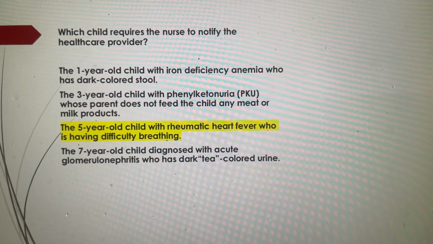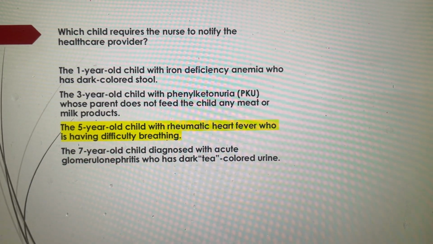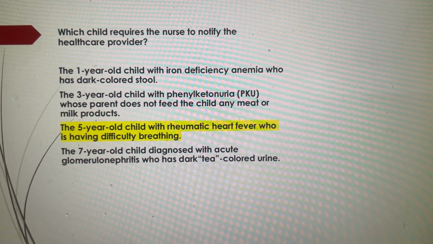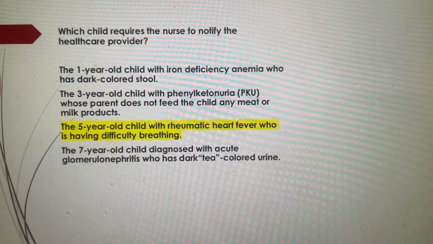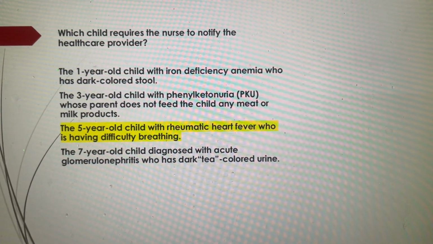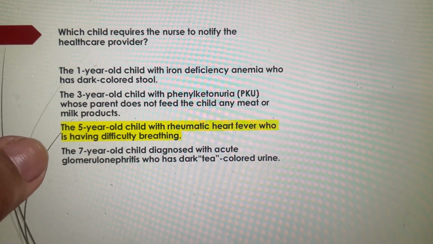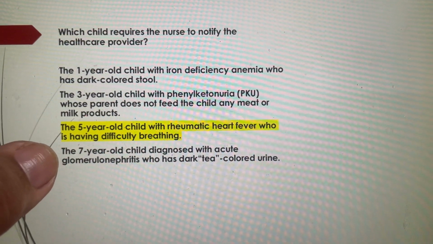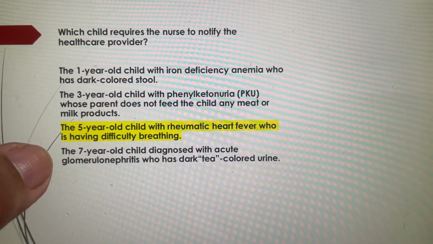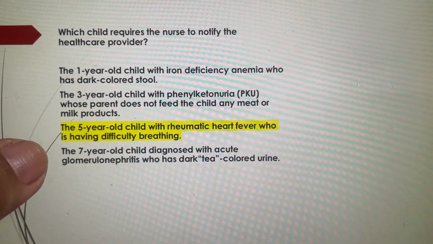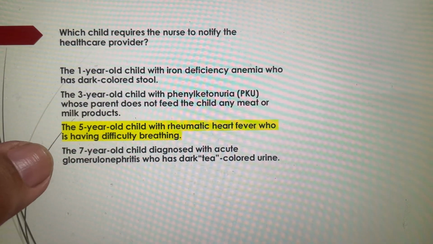It's a normal occurrence. As well as number 2, the 3-year-old child with phenylketonuria, whose parent does not feed the child any meat or milk products. Obviously, we know that a child with PKU cannot have meat or milk products, and that's a normal situation as well. While the number 4 option, the 7-year-old child diagnosed with acute glomerulonephritis who has dark tea-colored urine, that's an expected outcome as well because of the infection of the kidneys, right? Now, the correct option for this particular multiple choice would be the number 3. Again, applying the ABC, or airway, breathing, and circulation,